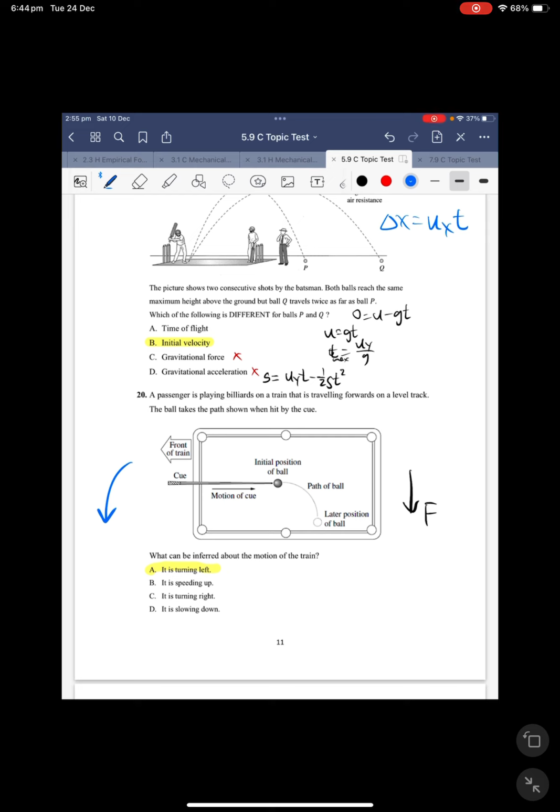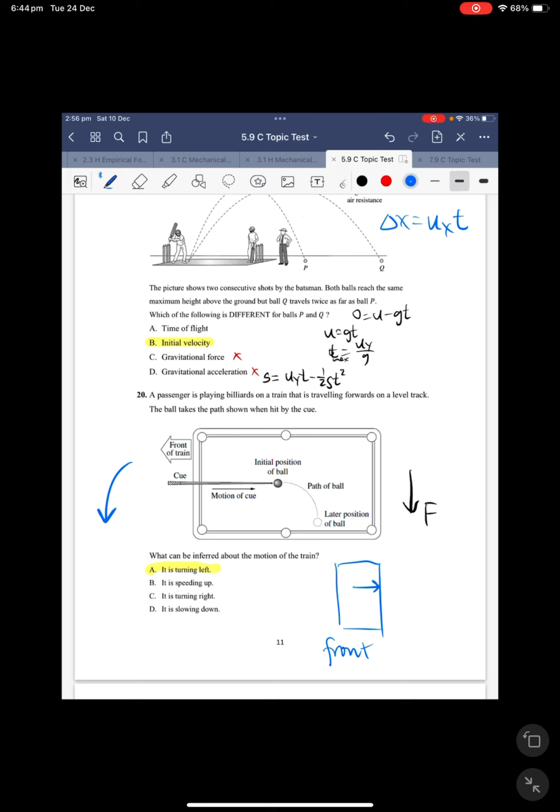then the view of this diagram will become like this. This will now be the front of the train, right? We've just taken this front train and we've just turned the train left, and now the front is facing in this way. But the ball is still going to move, it still has inertia in this direction, right? And so it's going to keep moving in this same direction to the right here. And so the ball will actually hit